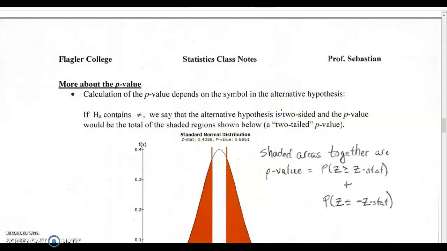Okay, welcome back everybody to our statistics class notes, and we're now on page 124. We're in section 8.2, and I just want to talk a little bit more about p-value when we're looking at